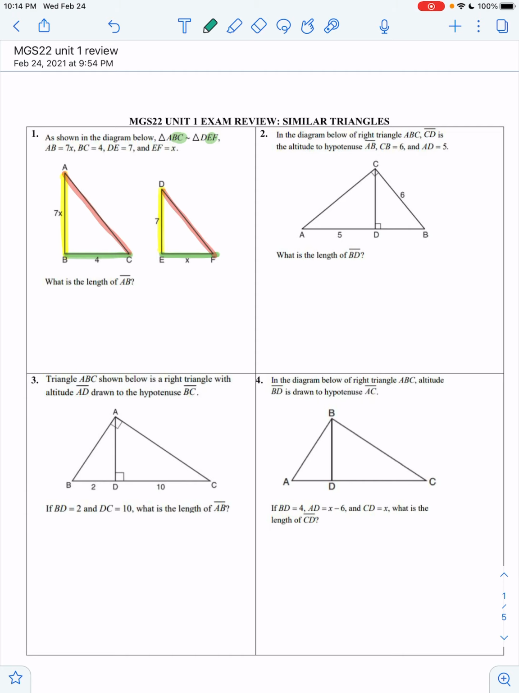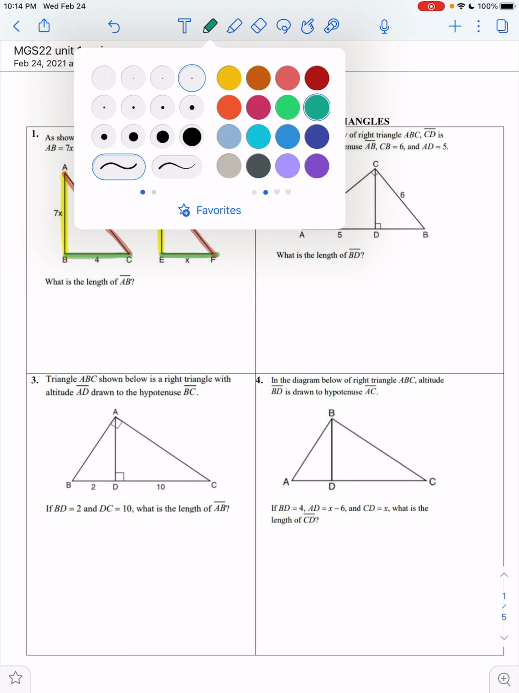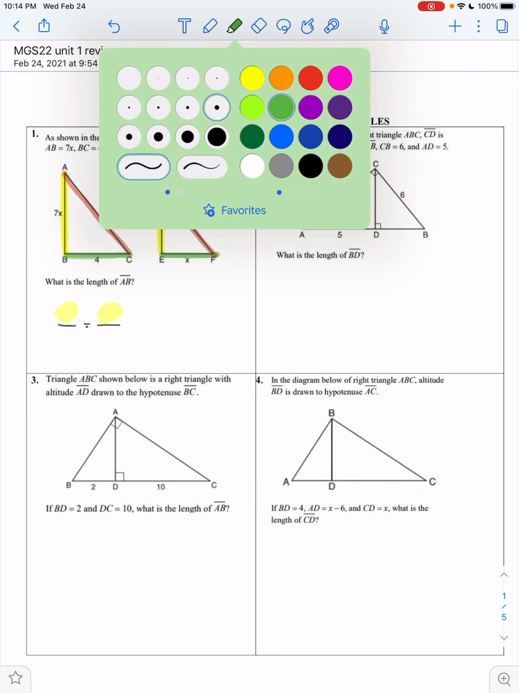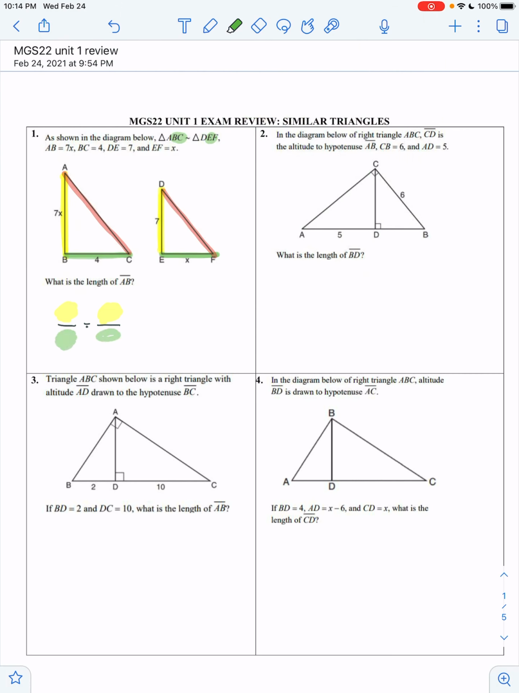So we want to try to set up a proportion. And coloring it makes it really helpful. Let's set up our fractions. The yellow is proportional to the yellow, and we're going to use the green. We don't want to use the red because we don't know anything about the red. So 7x and 7, and then 4 and x. We're going to cross multiply, so we get 7x squared